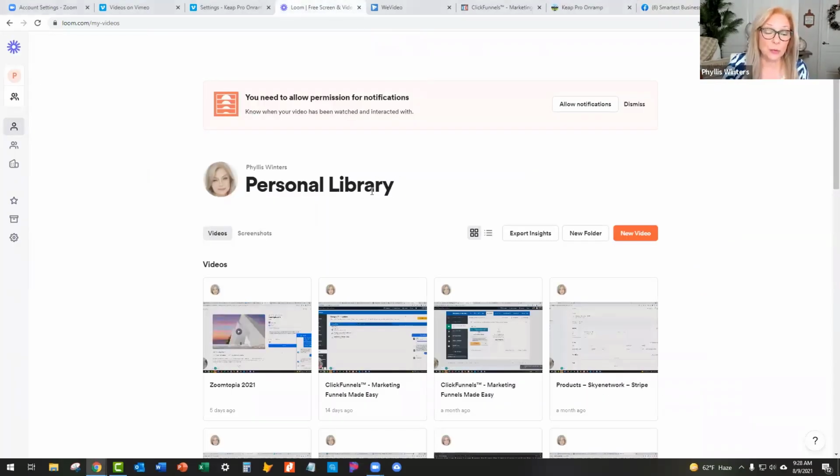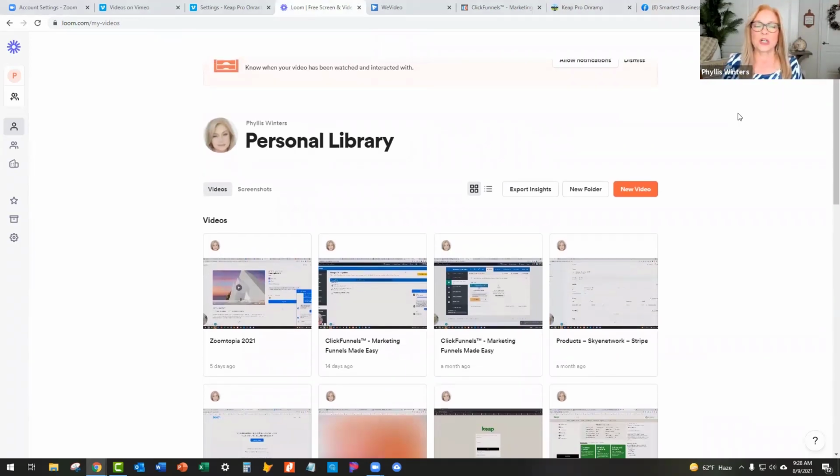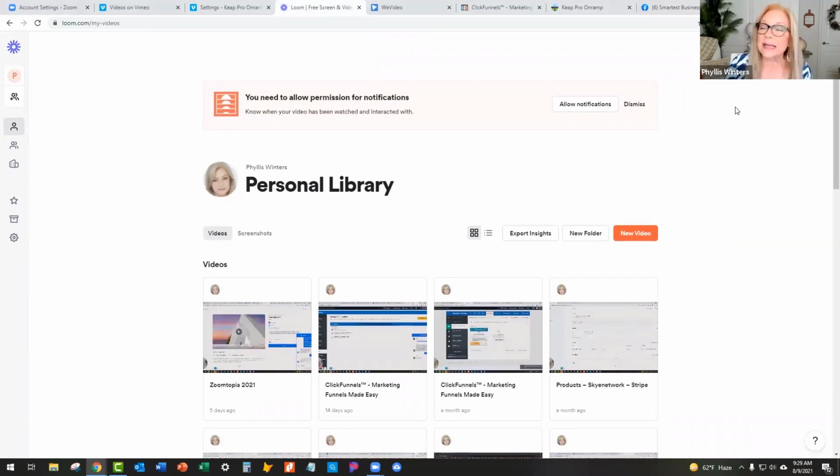Loom is a very cool software. There's a free version and then there is a paid version. The free version, I believe, limits you to 5 minutes for a video. And so you are most likely, if you're going to do it just for sharing things, and I can't really